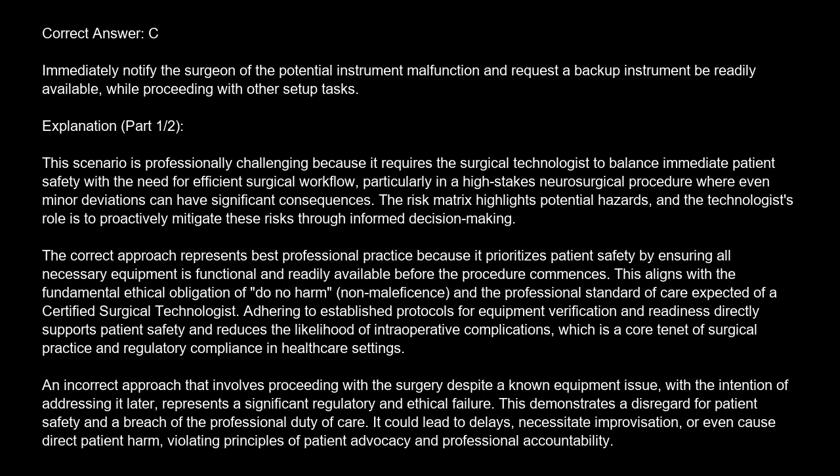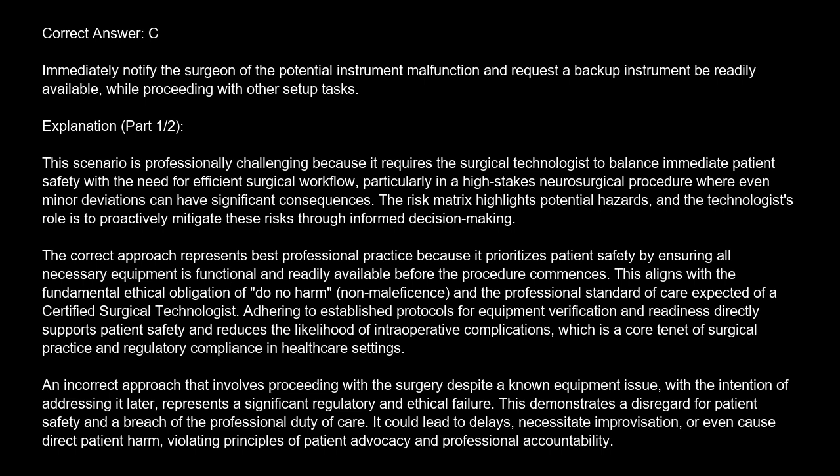The correct answer is C. Immediately notify the surgeon of the potential instrument malfunction and request a backup instrument be readily available while proceeding with other setup tasks. Explanation. This scenario is professionally challenging because it requires the surgical technologist to balance immediate patient safety